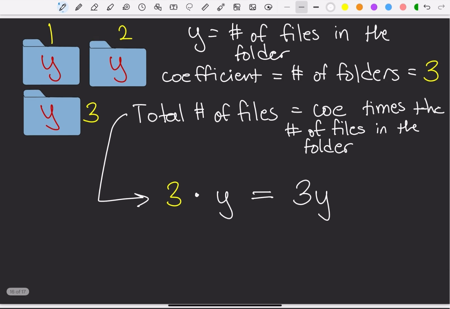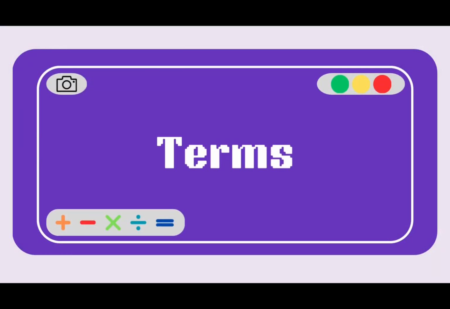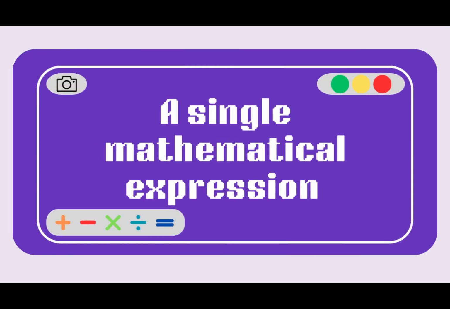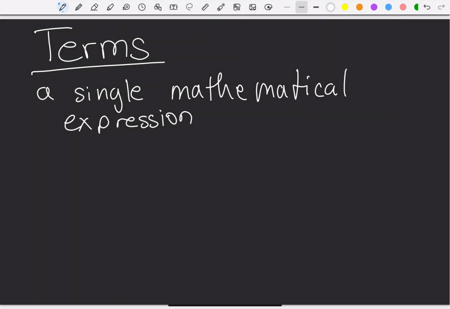What can we do with these coefficients? What role do they play in the wider range of algebra? Well, we use coefficients and variables and numbers to make terms. Now, what is a term? Well, a term is a single mathematical expression. What does a single mathematical expression look like? Let me just give you an example. Let's say we have 3x plus 4 minus y equals